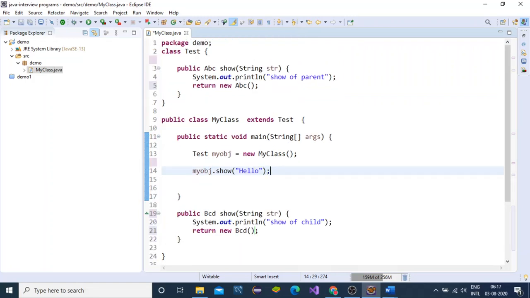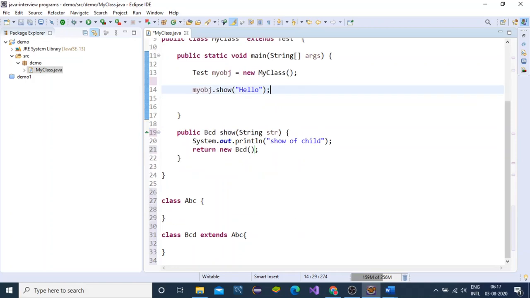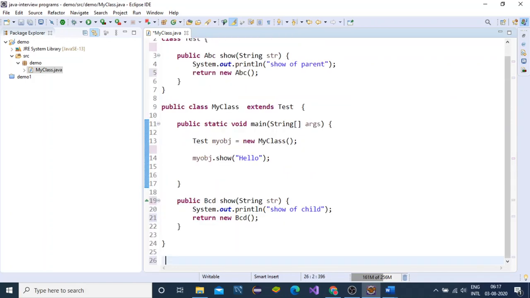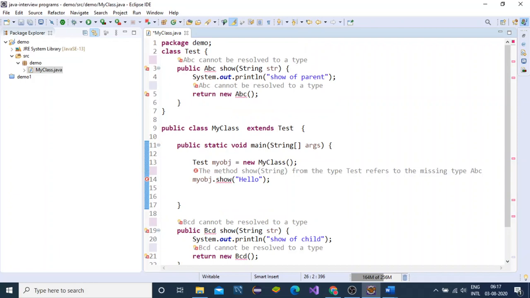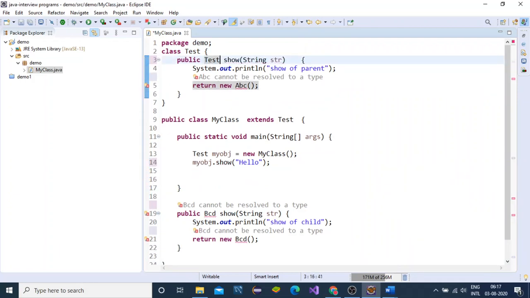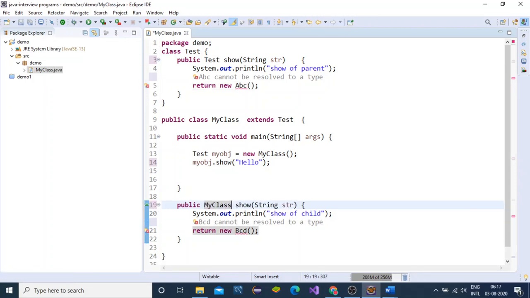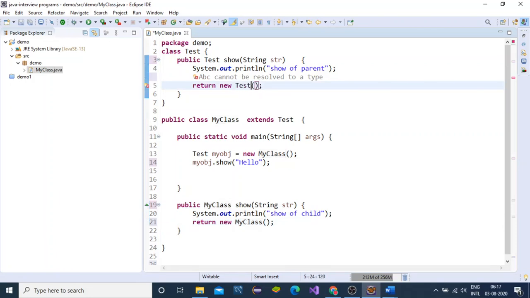Why are we writing some extra classes? We can simply write the name of this class, Test, and we can write this class name, that is MyClass. We will create the object of MyClass here, and here we will create the object of Test.